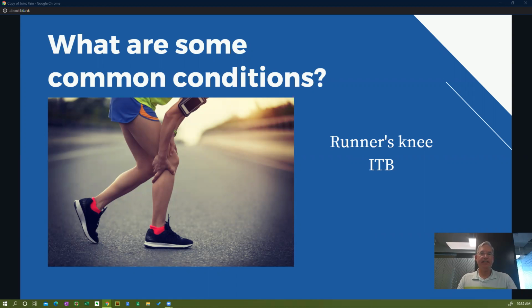So what are some common conditions in the knee? Well, one that comes to mind is runner's knee or iliotibial band syndrome. That's something that I think about because I'm a runner. So iliotibial band syndrome is a condition where the knee on the outside starts to get irritated from the band that comes down the side of the leg, crosses the knee joint and inserts just across the joint. So iliotibial band syndrome is common, and that's an irritation, inflammation of the tendon and the muscle crossing the knee